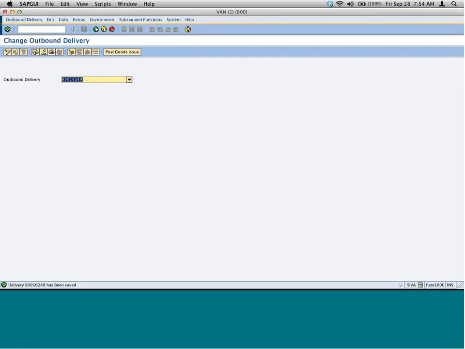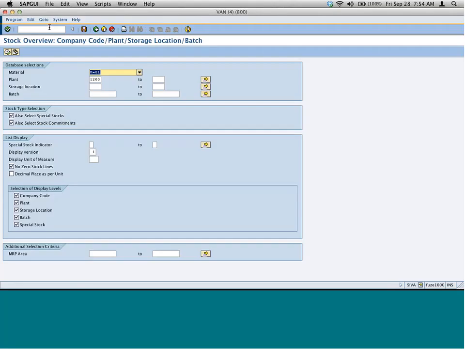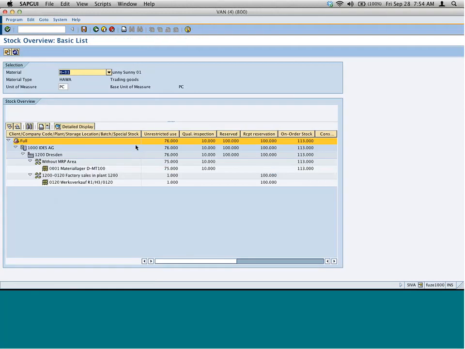You go to MMBE at any given point, you can find out what is the total stock that is available by plant, by storage location, by batch, by company code, and many different ways. This is the current stock as per SAP's knowledge.